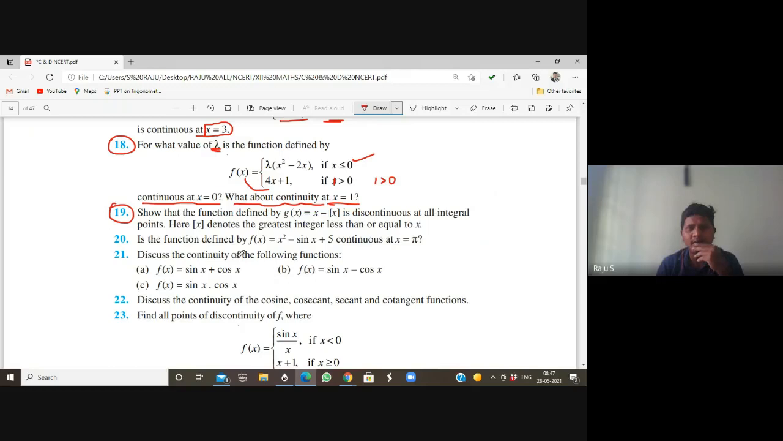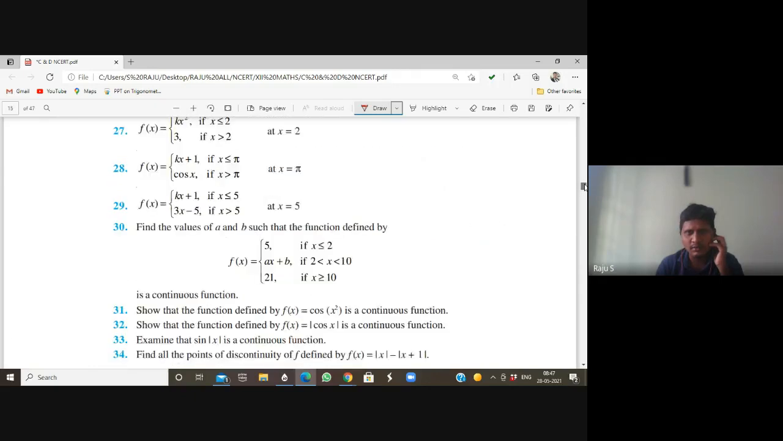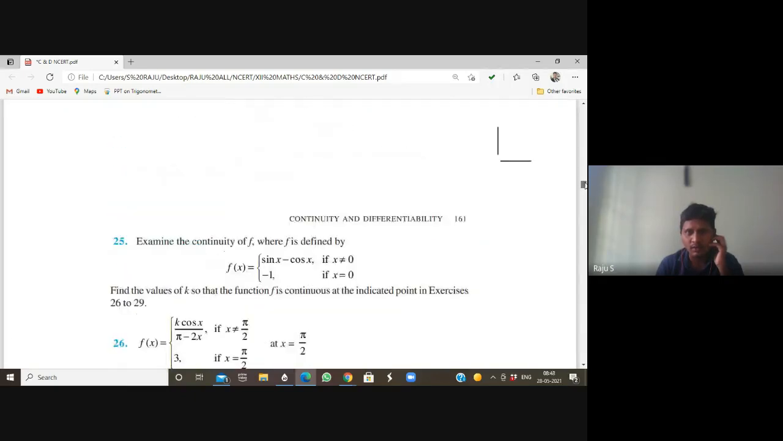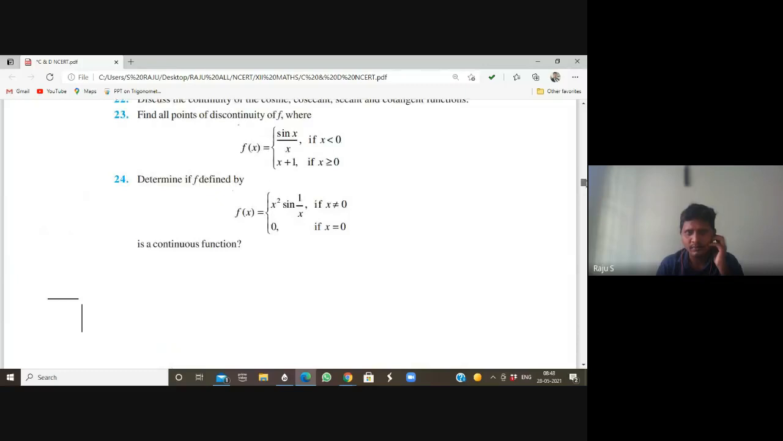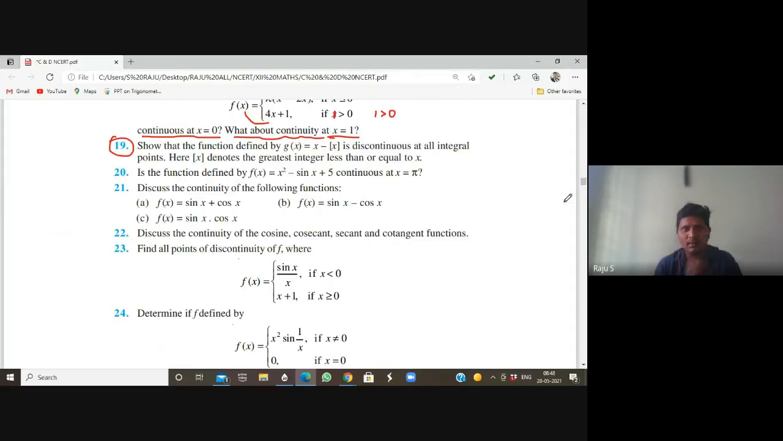Question number 19. Show that the function, how many problems are there here? 34 overall. Show that the function defined by g of x is equal to